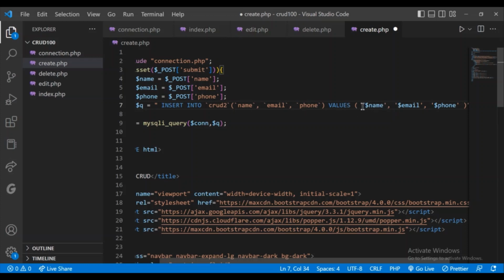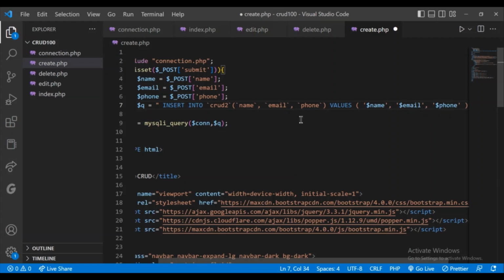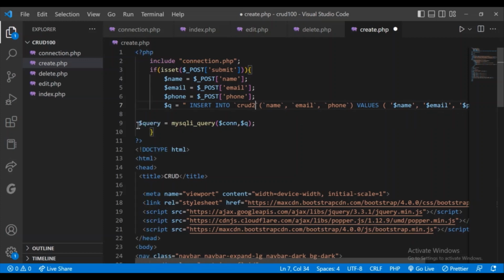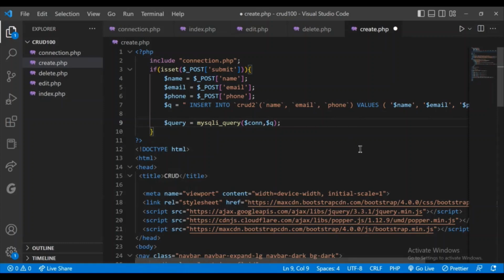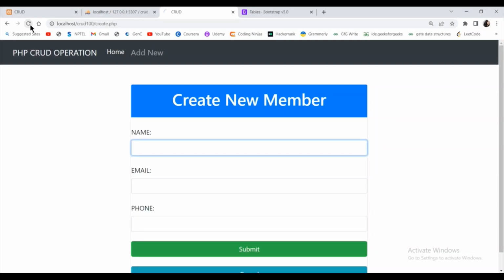Inside values I am going to include the variables in which the values are stored. So $name, $email, $phone, and then I am going to execute this query. So $con is the connection variable and $q is the query in which I have written the query for inserting the variables. So I'm saving it, and let's see the output. So I'm refreshing it, and now if I add the values, let's see whether it gets added in the table